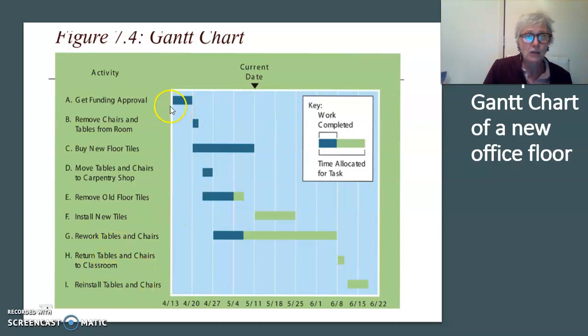And in this schedule you can see how many weeks it takes per step, until finally in the end the whole office floor is redesigned.